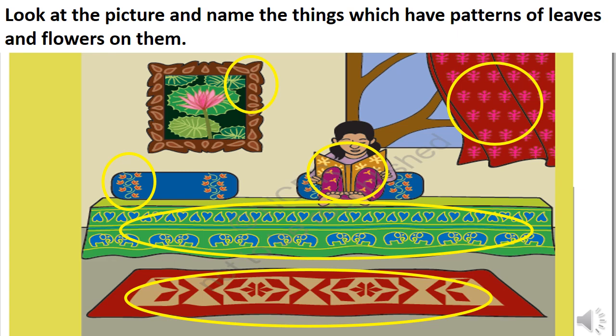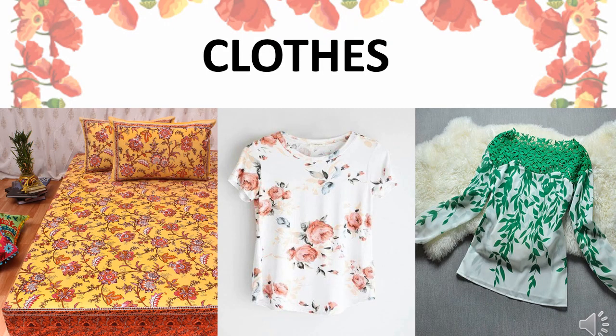We also have one more pattern in the bed sheet if we notice. Elephants, right? Elephants are also given in pattern. So we can also see many objects in our home that have patterns like this. We also have bed sheets, pillow covers. I want you to observe the things at your home and make a list of them that have similar kind of pattern. Let us see few examples that have floral or leaf pattern on them.